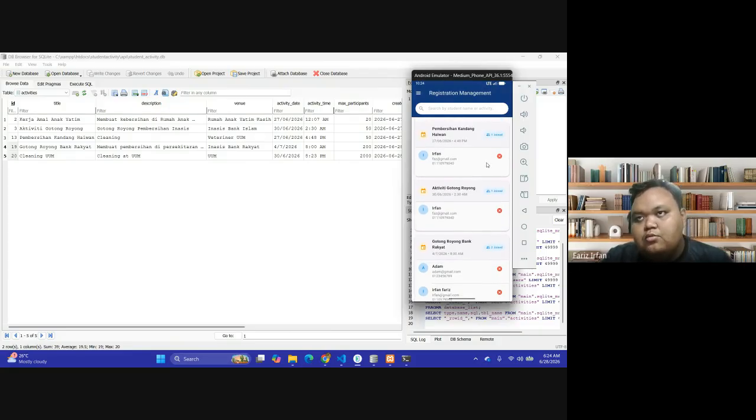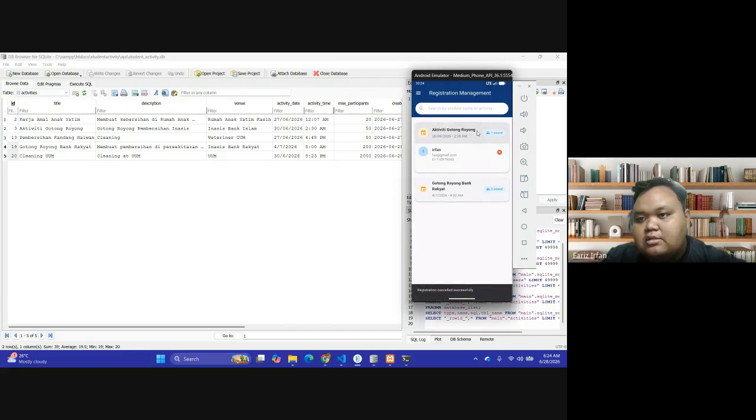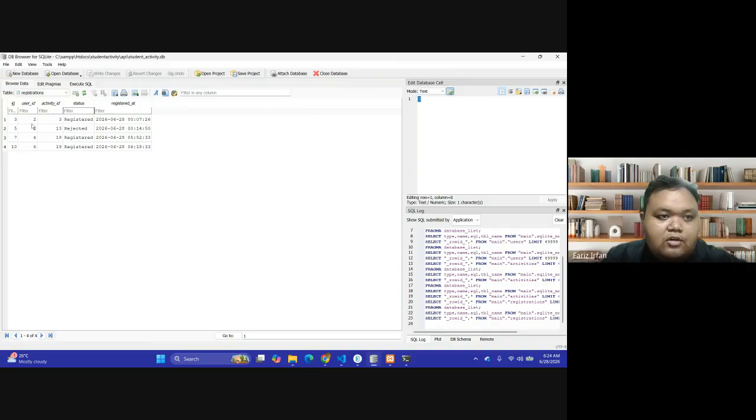Let's say you want to cancel a participant, the admin can just click the red button, then the cancel registration dialog pops up, then cancel registration, and here we can see only two activities. We can also see in the registration that the status will change to rejected. It's not registered, it will change to rejected.